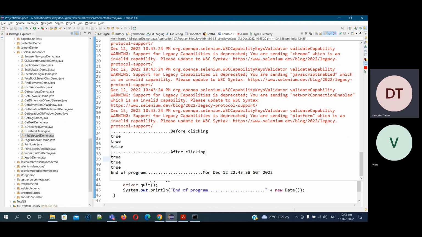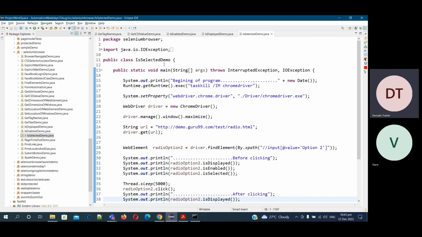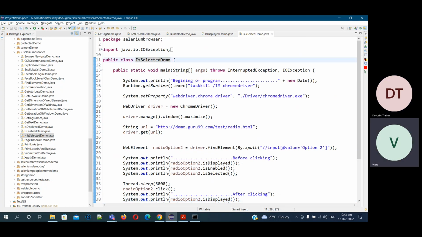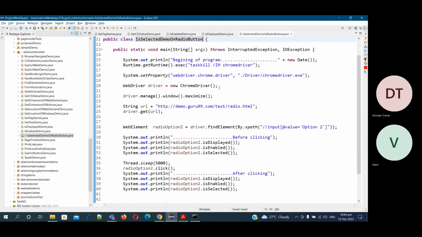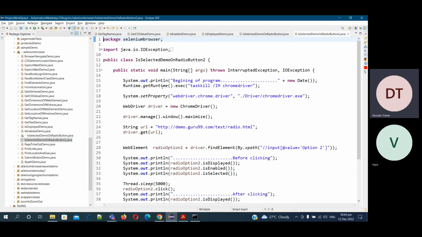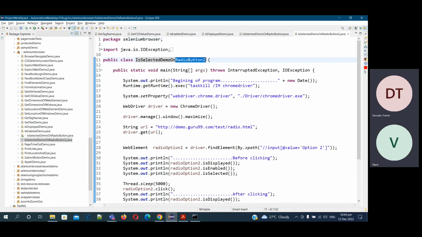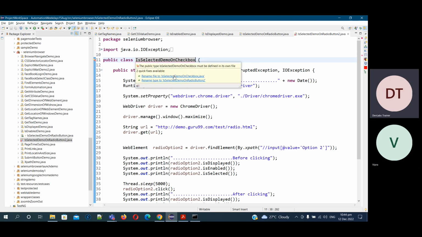So same thing, I will do the testing on a checkbox as well. The radio button has been tested, so now I will demo on the checkbox. This is the name, I renamed it. And then again I will create a copy of this, copy paste. And this is for checkbox. So this is a separate file I created by copy and paste, because most of the things will be the same,